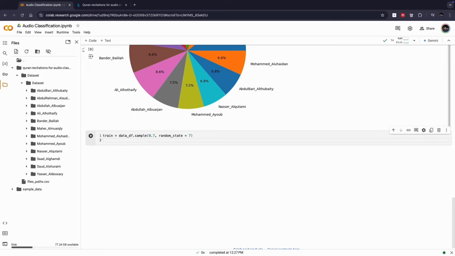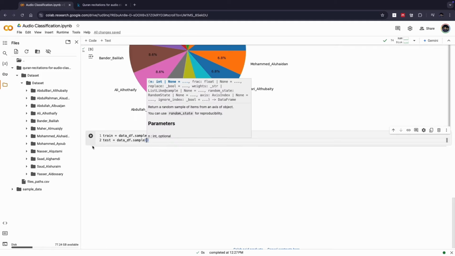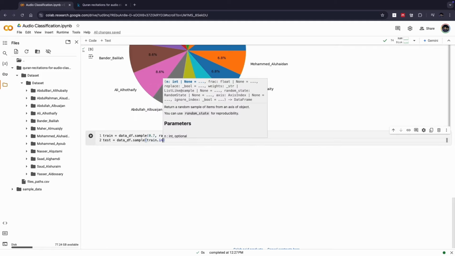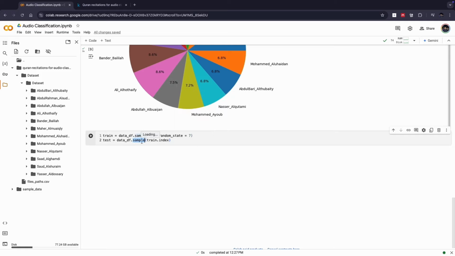Then we are going to do the test.sample. So we are going to take the testing as the part, not .sample, sorry, .drop. I have already explained this in the previous tutorials, but I'm explaining it again quickly. What we are doing here is taking a sample of the data for 70%, and the rest we are going to drop. So the other 30% we are going to drop it, and then we will have the